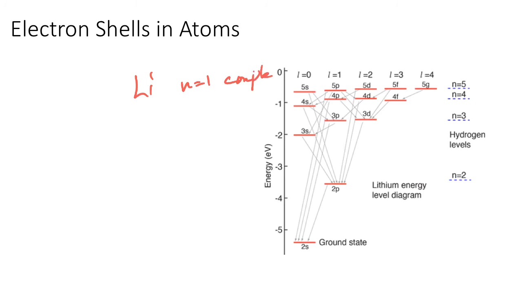Complete shell. But the n equals 2 has only 1 electron in it, and so we can look at the energy levels of that state. And here's a compilation of them. So here's the ground state. You have one electron in this 2s state. It can be excited to a 2p state, which you see now has a higher energy,